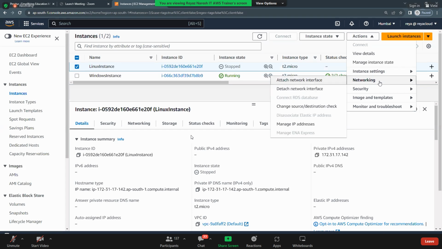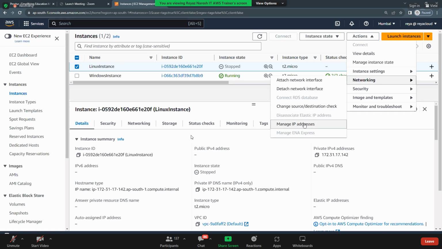And in networking, did we learn that? Can we attach multiple network interfaces to one EC2 instance? While launching, network interface 1, network interface 2. Network interface 1 is related to which IP? Network interface 1, private IP; 2, public IP. If you want to attach like this also, you can attach it. But do you go and do all these things here? No need. Don't do anything here, not required.